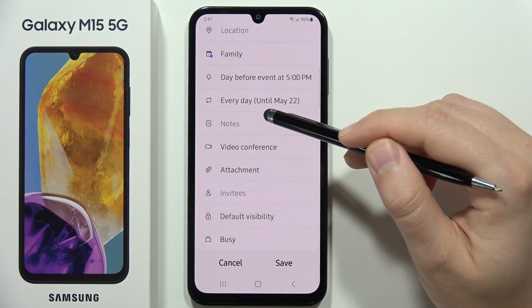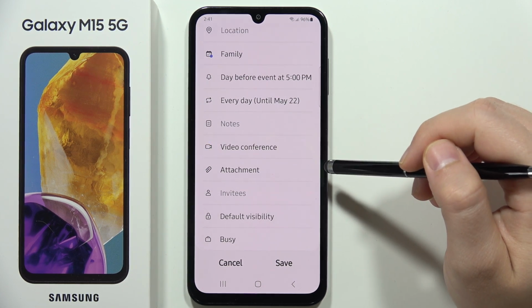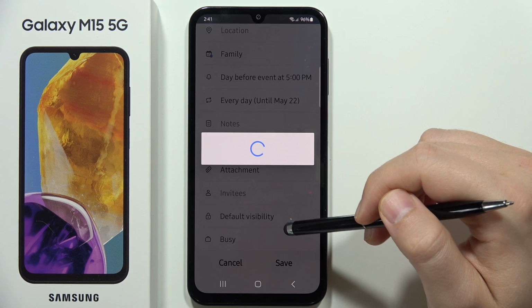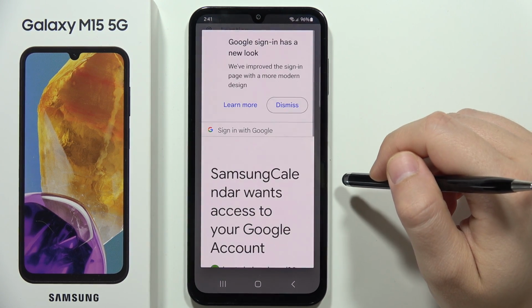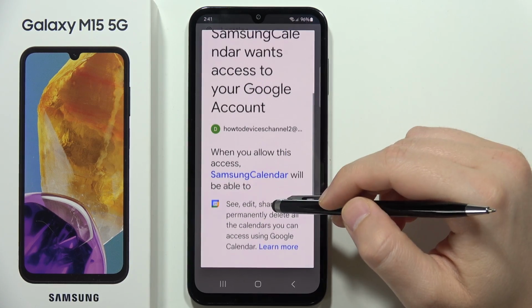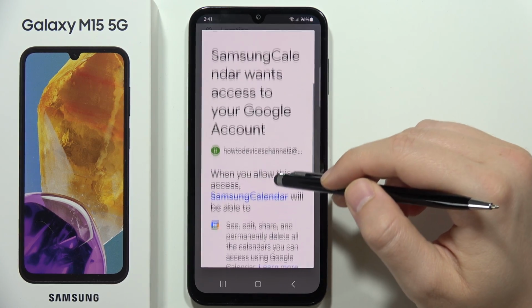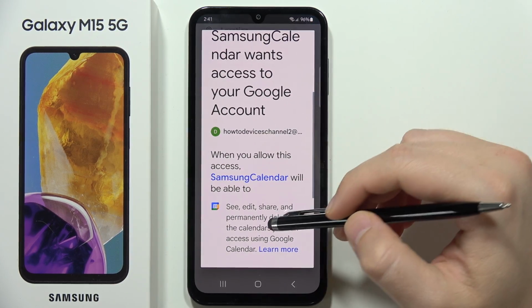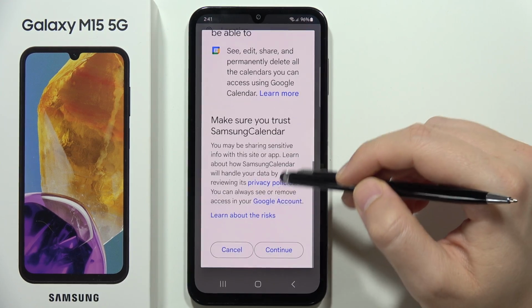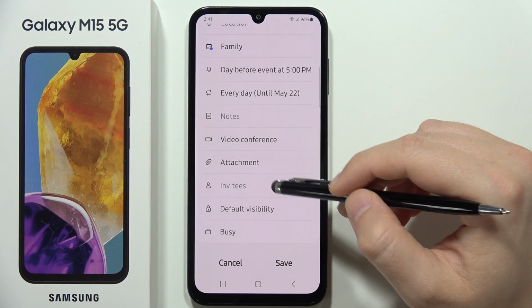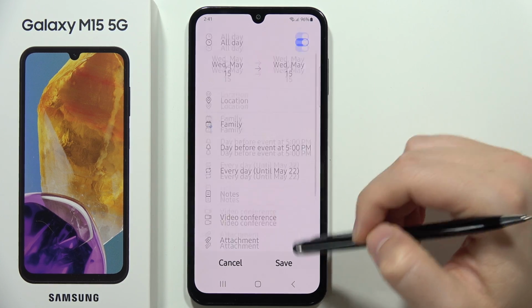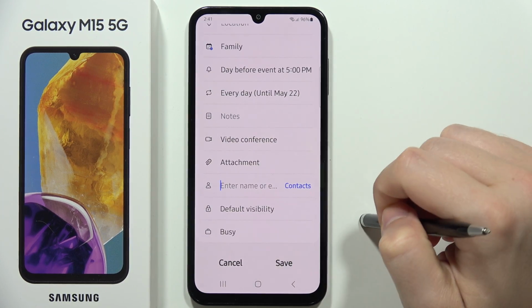Next you can also make the notes. You can make the video conference by using for example the Google Meet. From this you can also pick some attachments. So from this your Samsung calendar is actually want to get access into the Google account, and you can actually attach something. From this you can also invite someone, and if you set up like everything, you just click save,